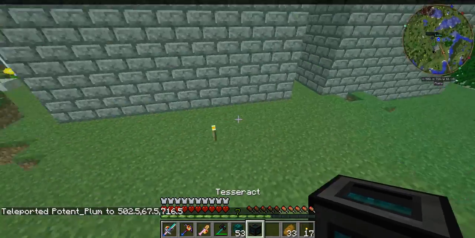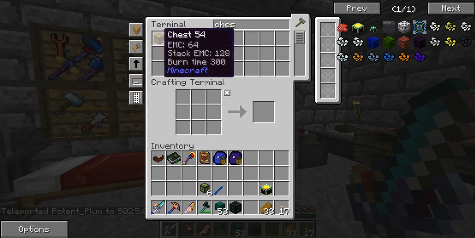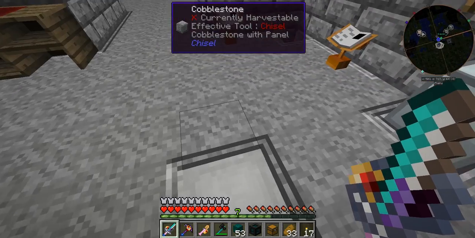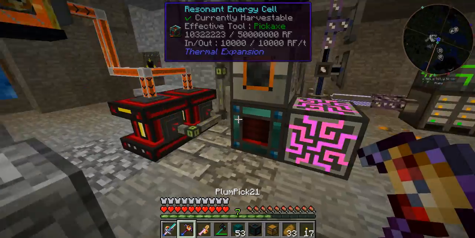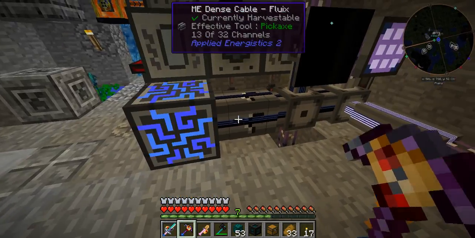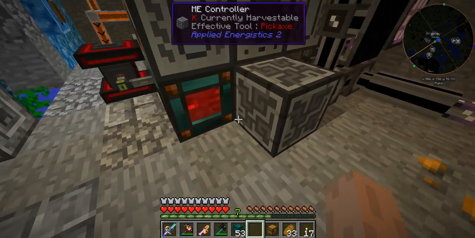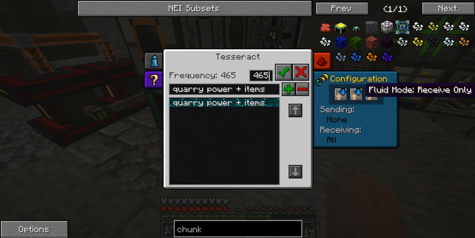Here we go. And put a tesseract down. Now, I am actually going to get a chest, and I'll also need an import bus, and also an acceleration card, because I'm going to put this tesseract down anywhere where I can really give him power. I think maybe, what if I move this ME controller down 1? Yeah, I think that would work. So if I got that and that, then I move the ME controller to there. Yeah, that would work. And then if I put the tesseract there, put him on quarry and items, and then